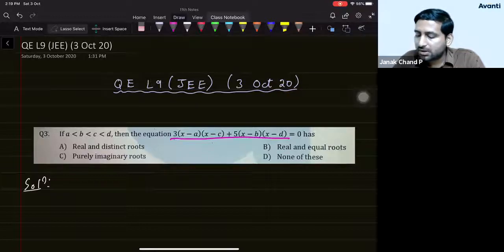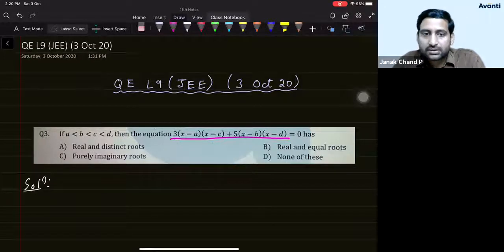So we know that, students, in order to identify the nature of the roots, we can identify it even with the help of the location of the roots. We should have some idea about the graph of this quadratic equation. Now in this question, students, there are four unknowns, A, C, B, and D. With the help of this, if you use the condition discriminant greater than or equal to 0, or if we try to calculate the value of the discriminant, which is b square minus 4ac, we should first simplify that and then get that discriminant.